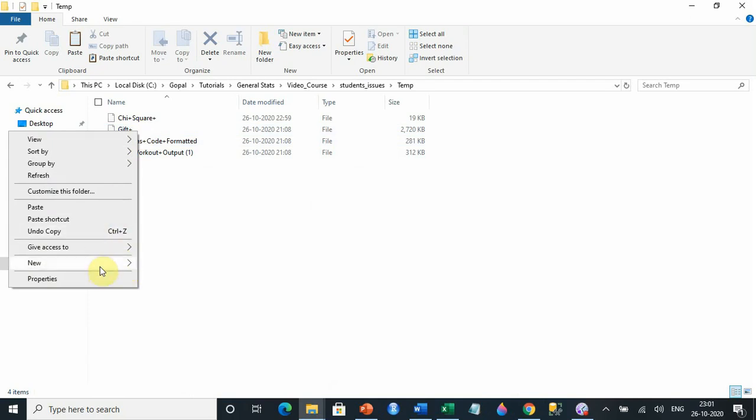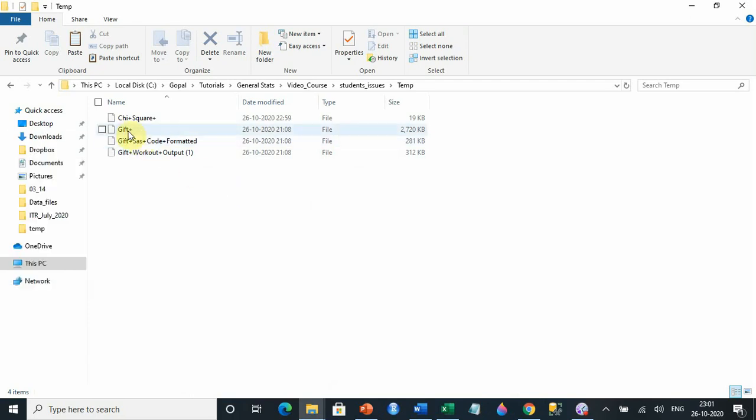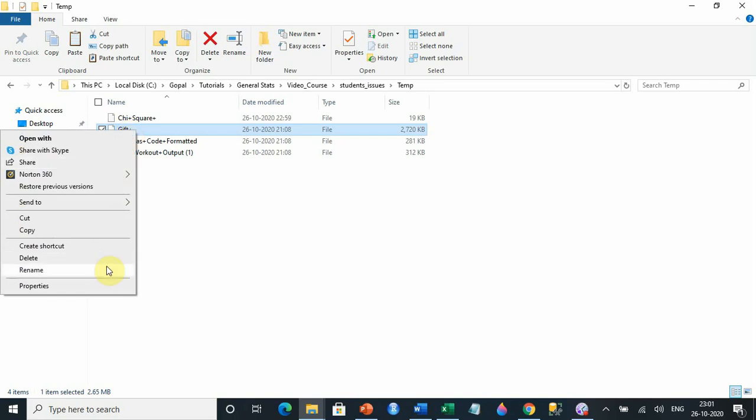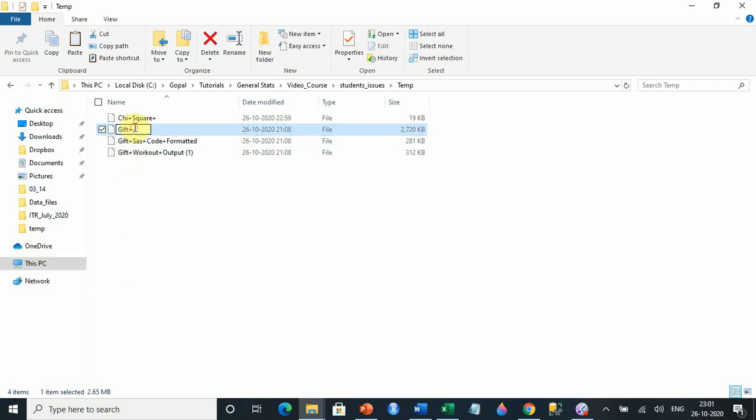Select this file, right click, select rename, and when you go to rename, remove the plus sign. Now you put XLS. Now you double click, it will open with Excel, and it should work perfectly.